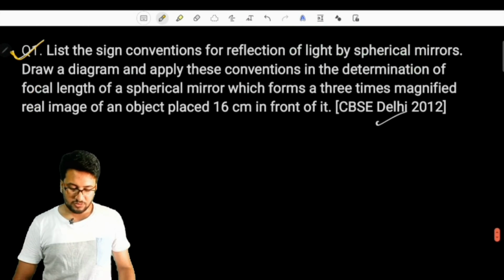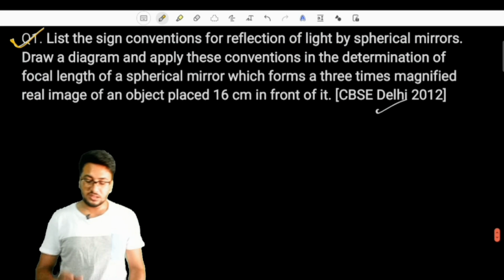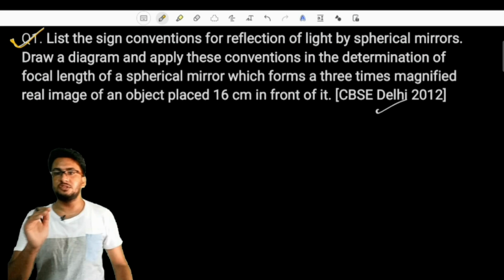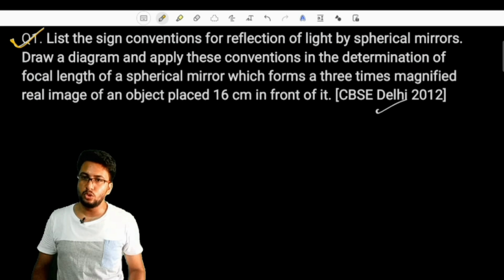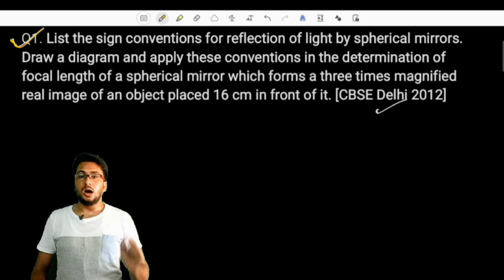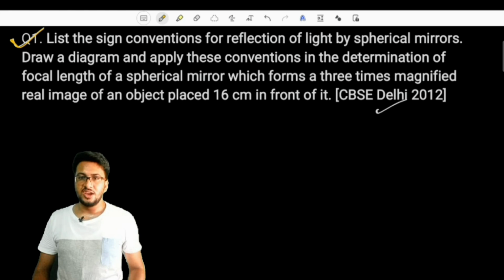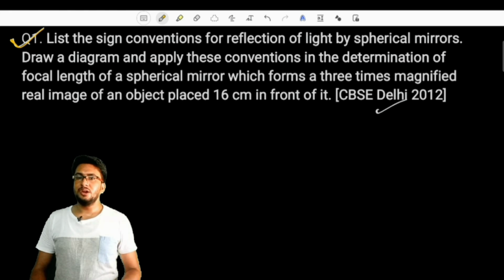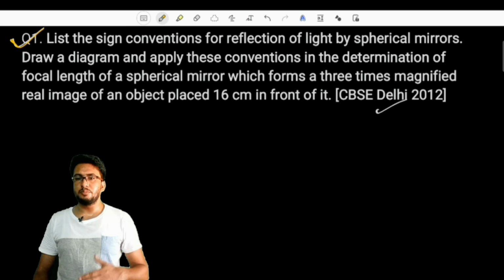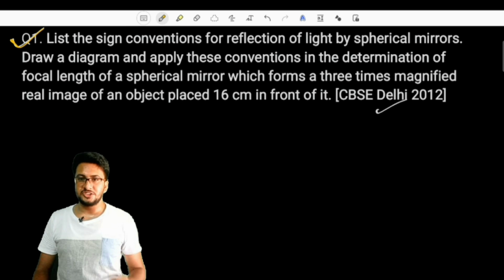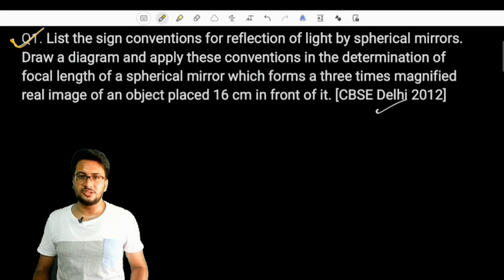So you have to discuss the sign convention statement, as the 4 points are perhaps mentioned in your book. On moving left of the pole we measure distances as negative, and on moving right of the pole we measure distances as positive. Above the principal axis distances are positive, and below the principal axis distances are negative.